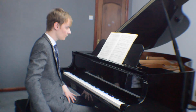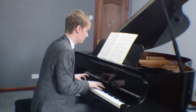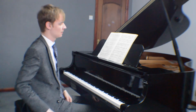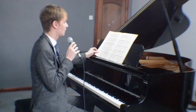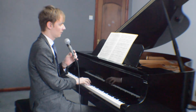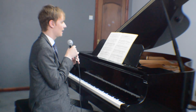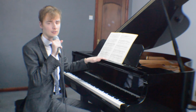So bar 100. In A major we arrive on an E7 chord, and this is just a bigger version of what we had before. So we had this sotto voce, under the surface, under the voice, and now it's really bringing that out in these massive chords. It's bringing out the same theme. We have fortissimo here, so we're really starting to develop the theme at this point. So what we'll do, we'll leave it here, we'll take it again on segment 3,